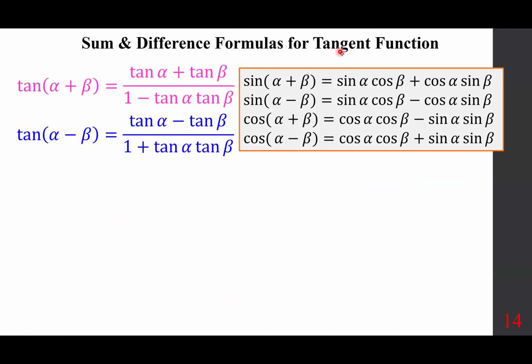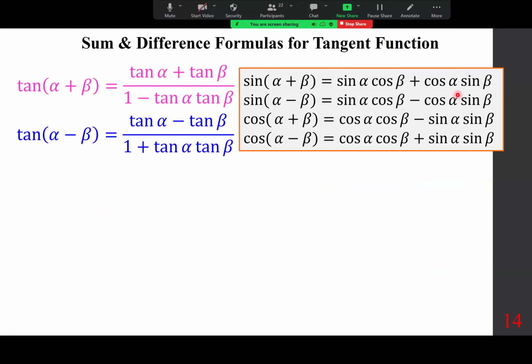Sum and difference formulas for tangent. We have them for sine and cosine. We want to prove tan of alpha plus beta is tan alpha plus tan beta over 1 minus tan alpha tan beta. We want to prove this one first. And remember,